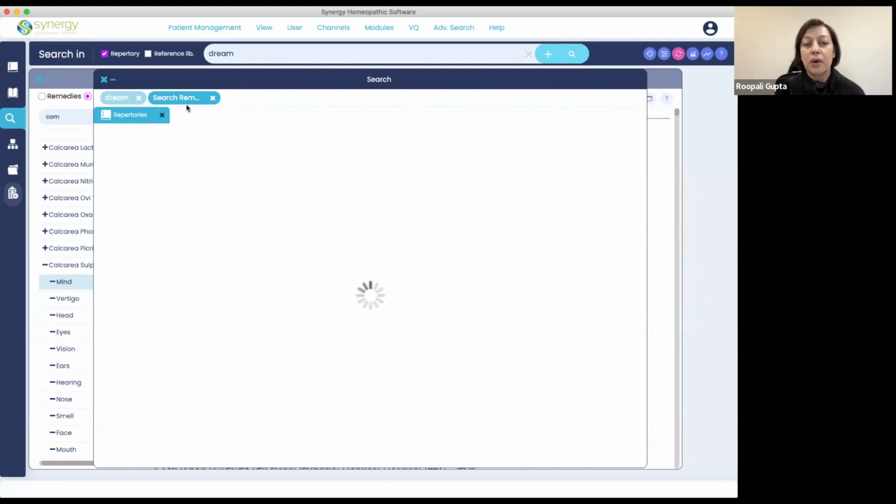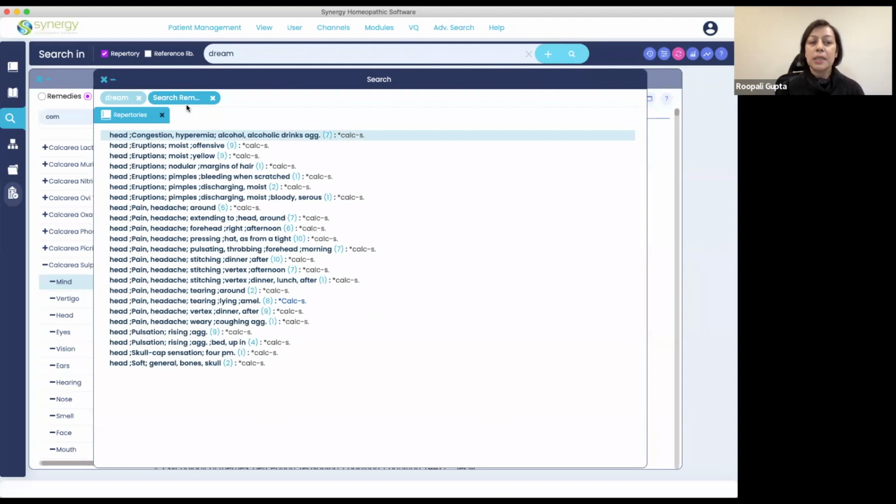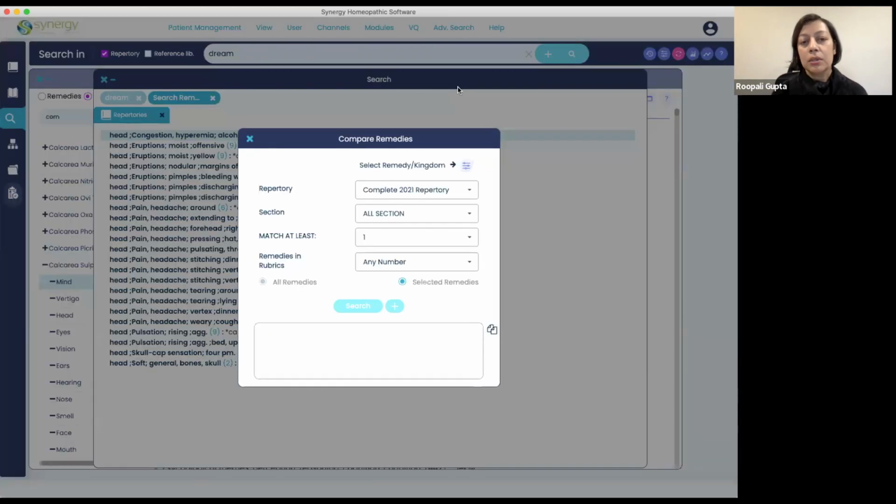And I don't know if there are rubrics. There are rubrics in the head section of the complete. I think it was the complete checked off with CalcSolve in them that have less than 10 remedies in the rubric. And so this would be the other way to look at a remedy in a more focused manner. And then, of course, if you want to compare the CalcSolve and see how it compares maybe with another calc,